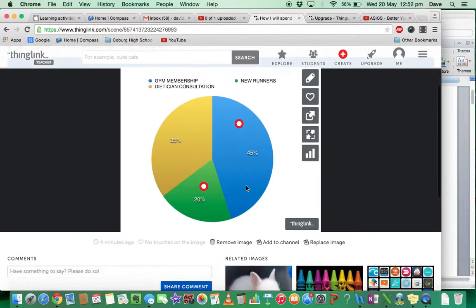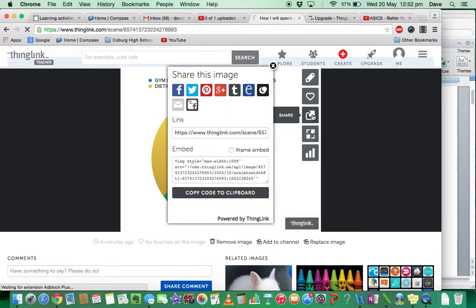When you've finished creating your thing link, you're then going to embed it into your wikis, and that's the next step that I'm going to show you now. So let's imagine that I've finished this and I've got at least 4 or 5 tags that relate to text, images or video, and overall that it explains why I'm spending the money in the way that I am. We then go to this share button here, and the process of embedding it into your